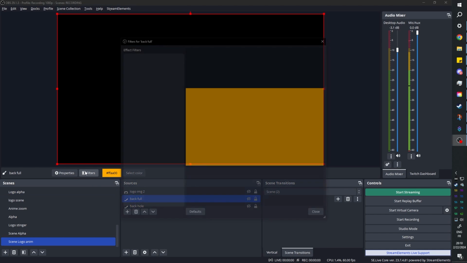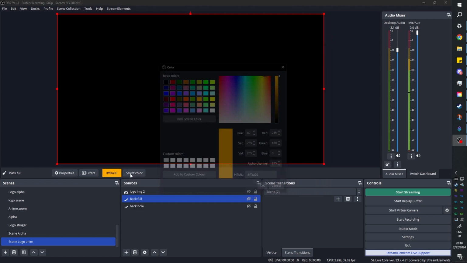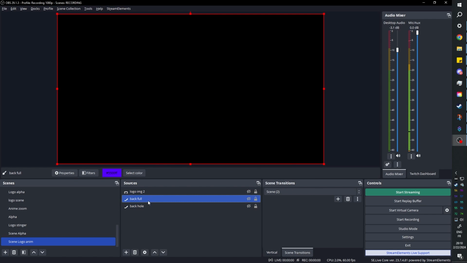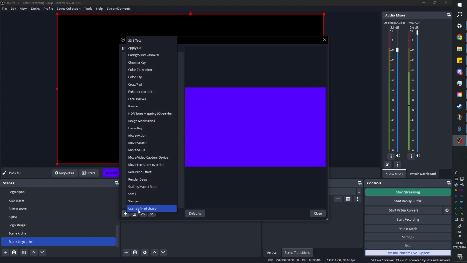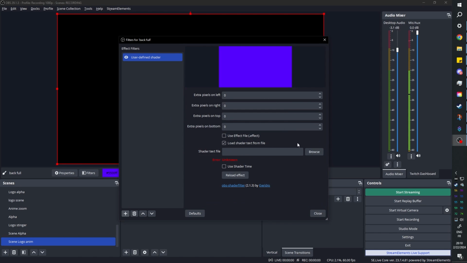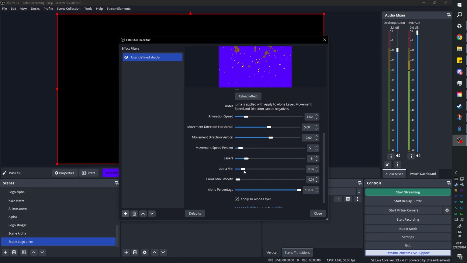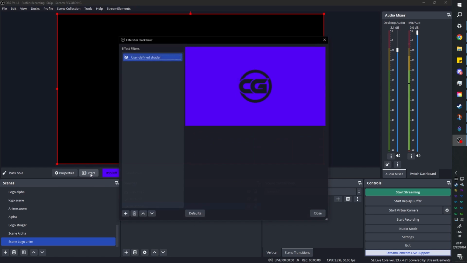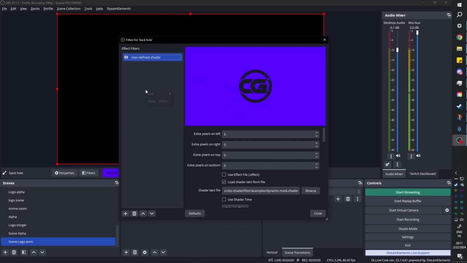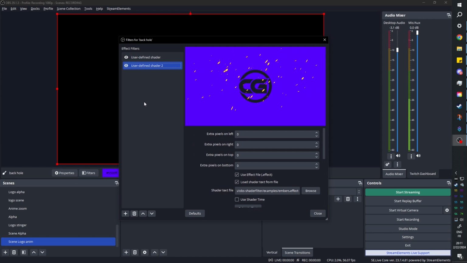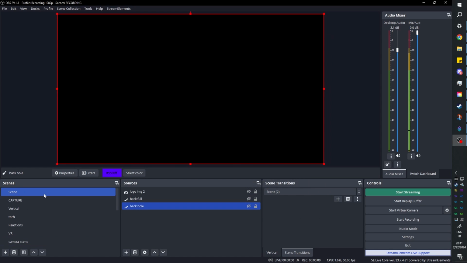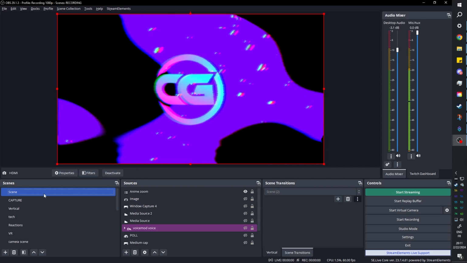So if I go to the background and I go to, actually I don't like the color. Let's go there. If I want to go there and click filters, shader filter plugin, load shader from text file. And let's be ambitious. Embers effect, okay? I'm gonna play around with the Luma minimum. I like that. I'm gonna copy this, Control C here, bring it back to the second one. And you can see this one has the dynamic mask, but I can still add this one, right? So now when I switch scenes,